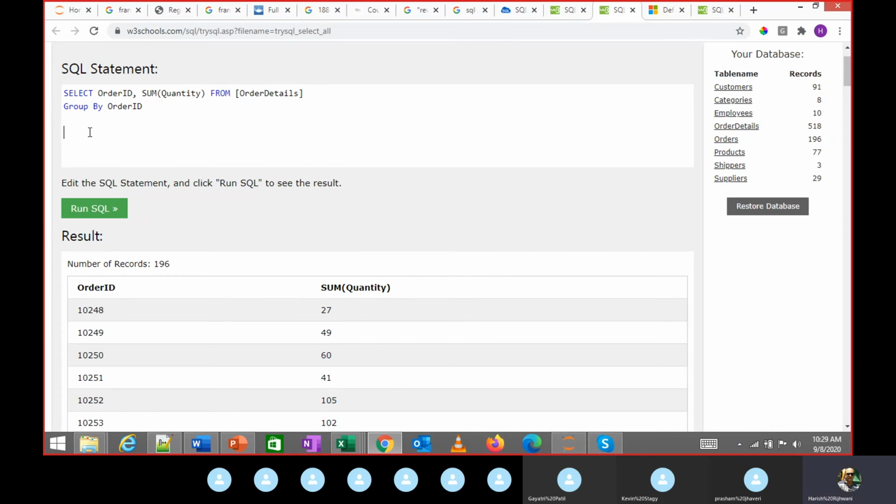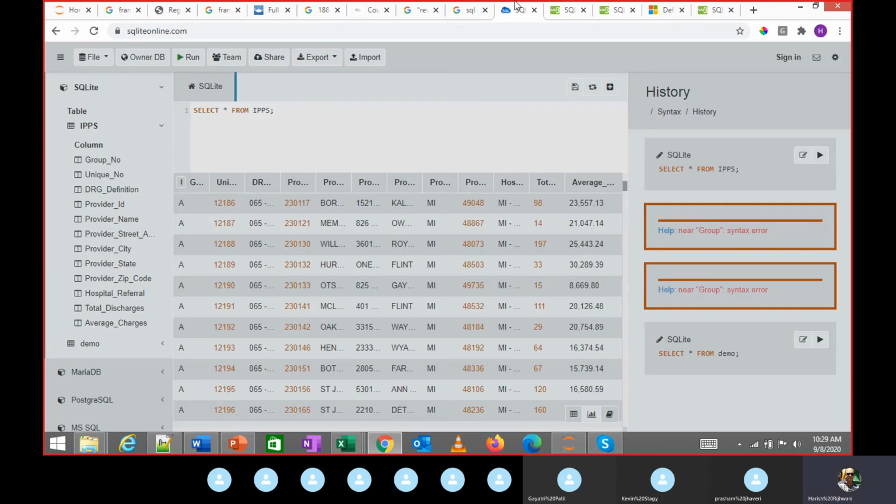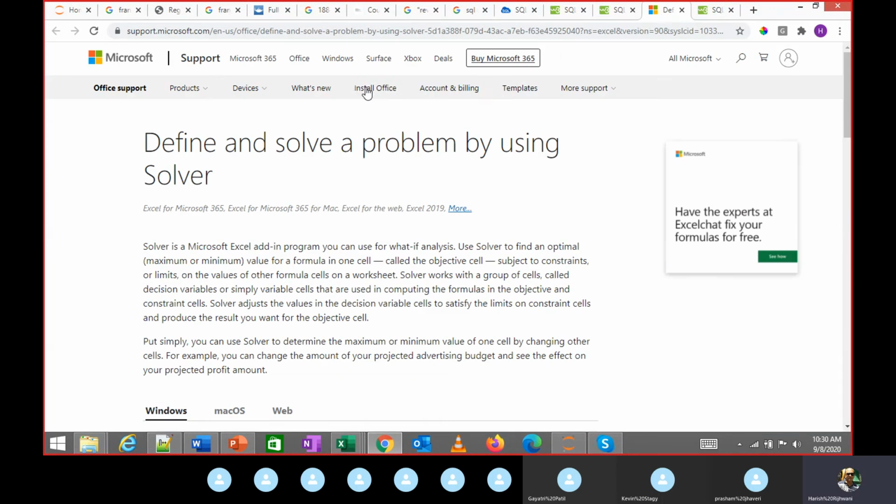What I want you to do is, if you can, go to this site, SQLite Online, upload your data and see what analysis you can do using similar queries to the ones we did.